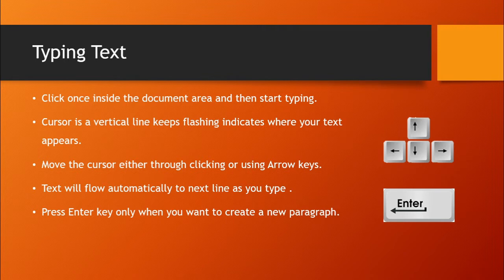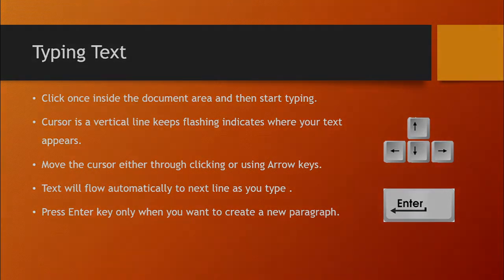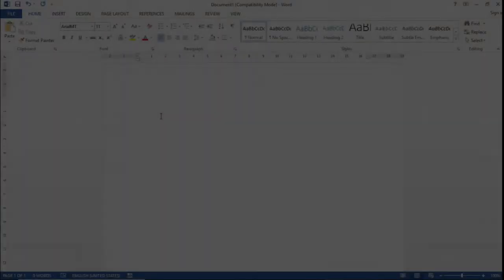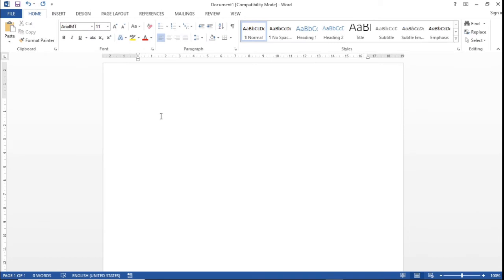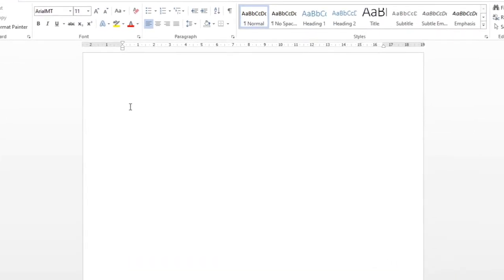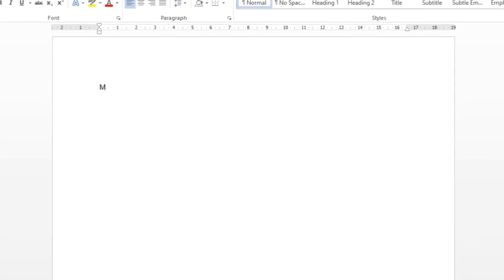So we will look at an example of how to type text in a Word document. Now we will see how to type text in a MS Word document. Observe the blinking line or the cursor. It will indicate where your text will appear. I am just typing some text.